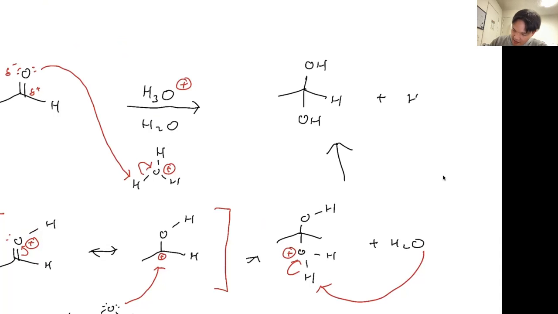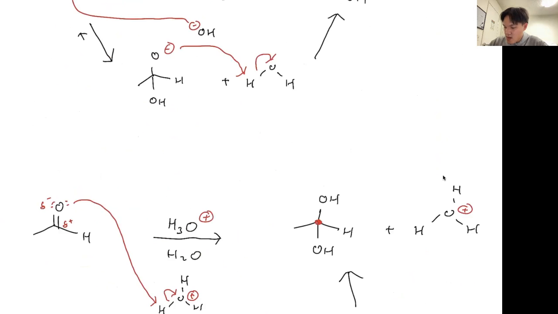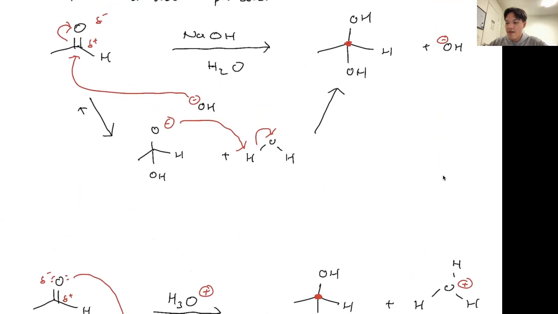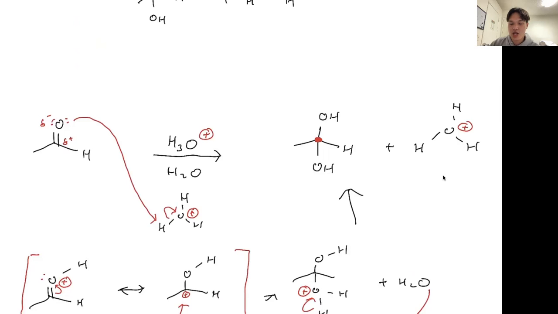And then that leaves us with this product. And then we also have our catalyst, which is an acid, right? So notice in both of these, we're making the same diol, right? We're making the same diol where we have a carbonyl turn into two alcohols. And in this pH condition of basic, the base attacks the carbon, and then we have the base back, so it's a catalyst. But in acidic conditions, the oxygen up top attacked the hydrogen from the acid, and then we have this